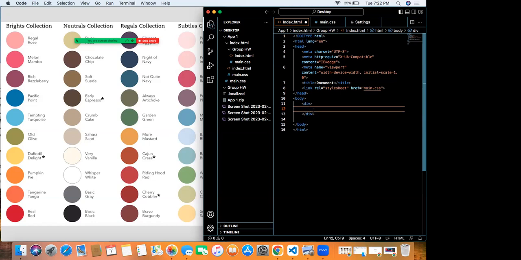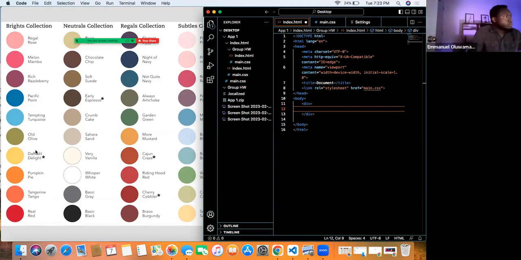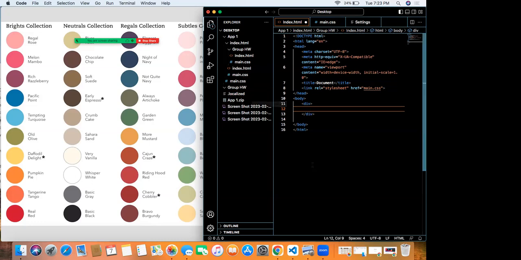Does anybody else have an idea of what we would do after the header? Like what we try to do, I guess this first column, or does that need to be done under the header HTML part? Can y'all hear me? For the question, can you hear me?